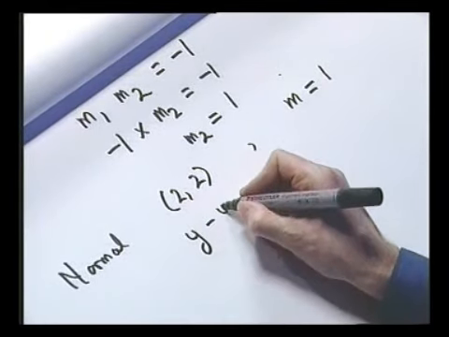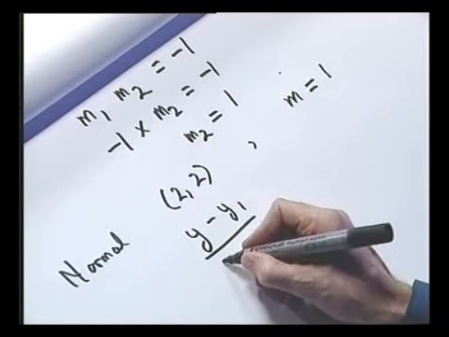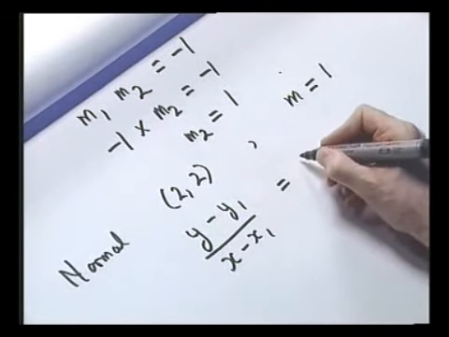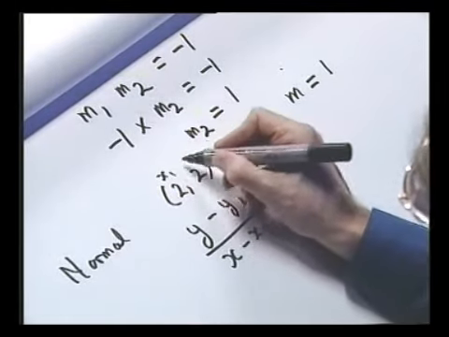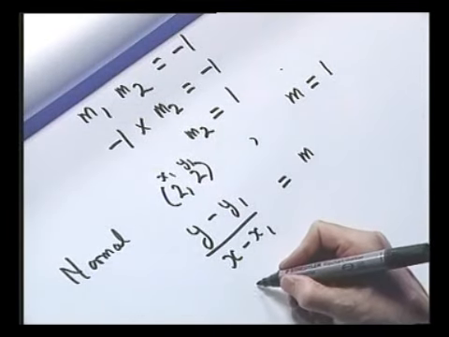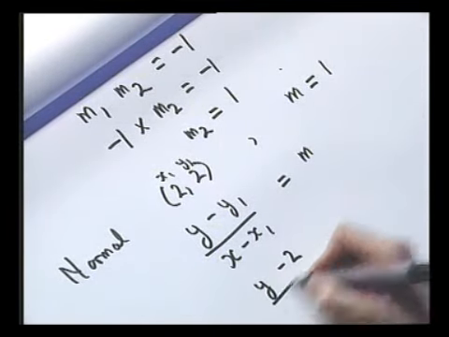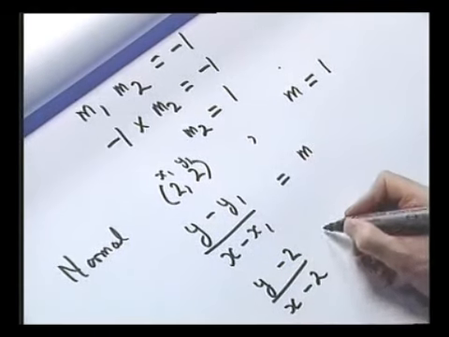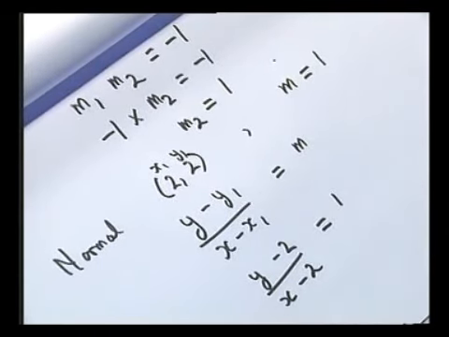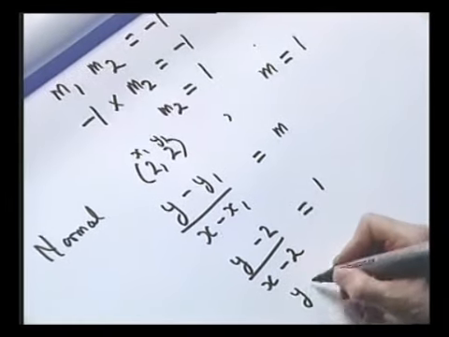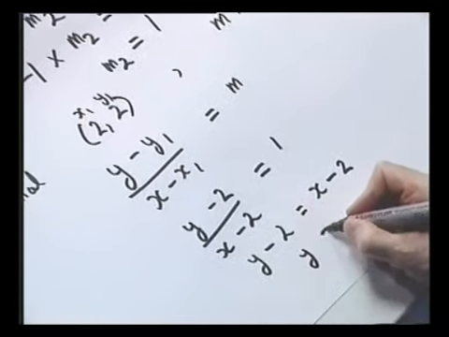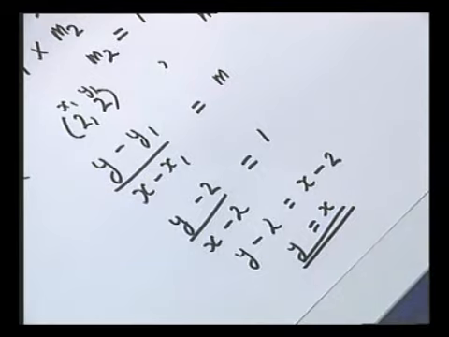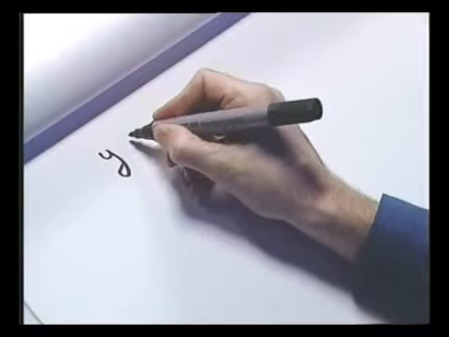So I can write down the standard equation of a straight line. (y minus y1) over (x minus x1) is equal to m. This is my (x1, y1). And I can substitute those in, so I have (y minus 2) over (x minus 2) is equal to 1. Multiply up by (x minus 2), so we have y minus 2 is equal to x minus 2, and so y is equal to x. And so now we have the equation of the normal,